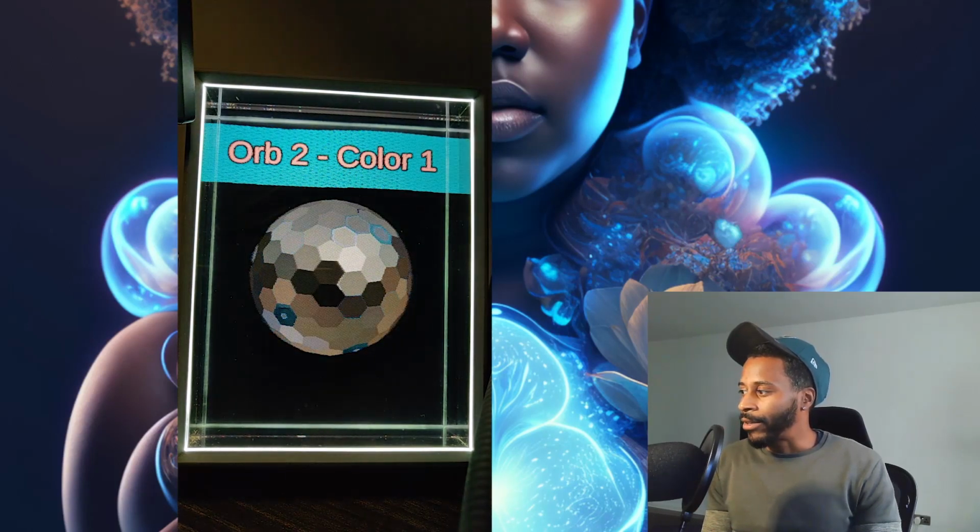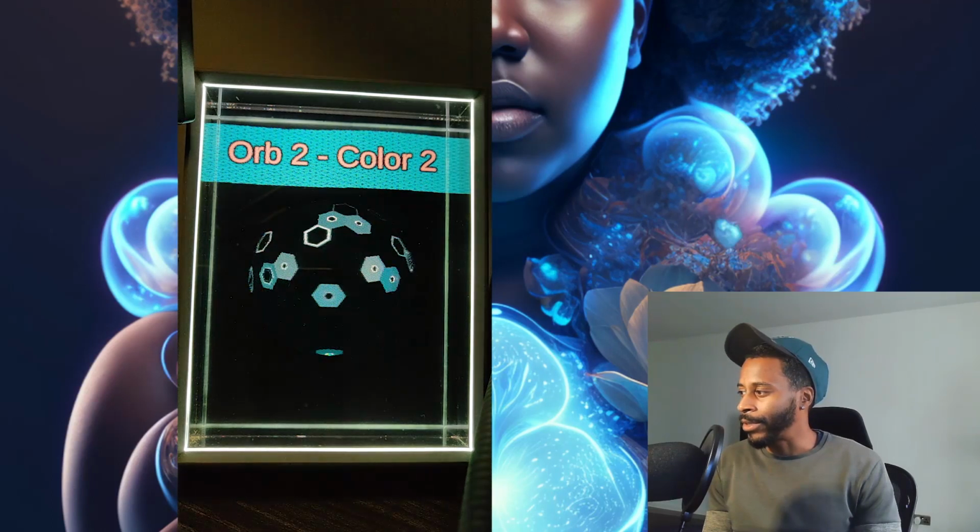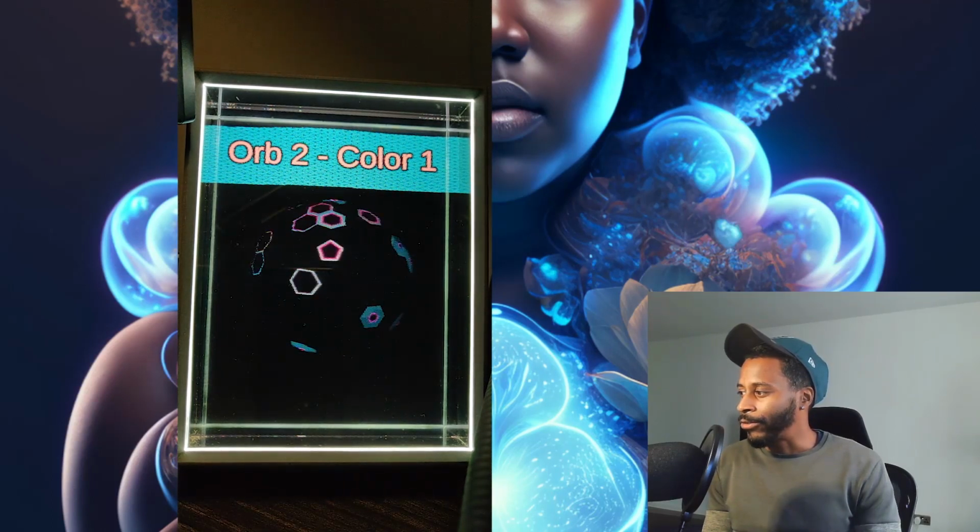We'll make this blue, and then go back to color 1. Okay, it's white, it's just not contrasting. So let's go back and make this completely dark, and then you can see, go back to color 1 and start shifting through there.